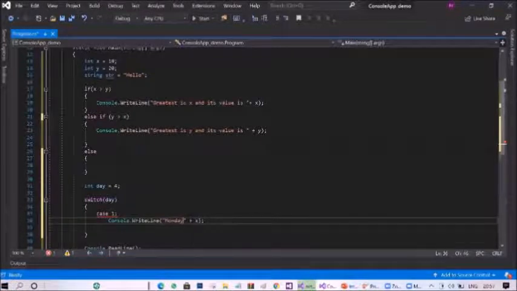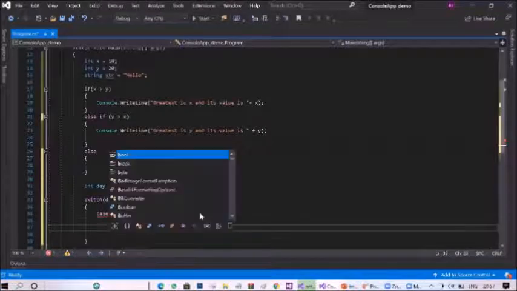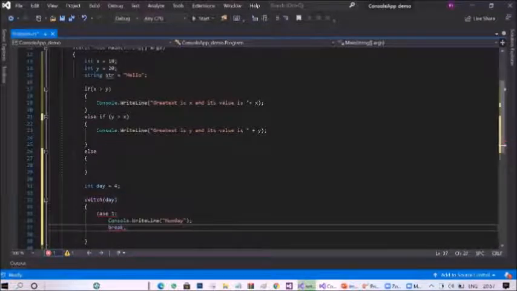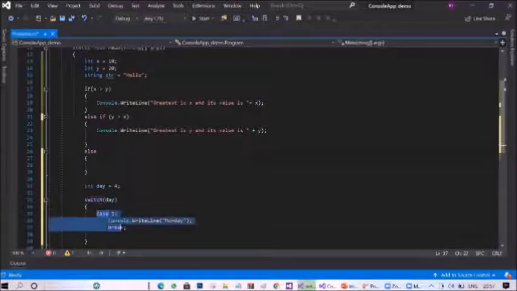Okay. Let me delete all other things and you have to give exit. Okay. So let me copy this for easy purpose, since we have to write everything again and again.